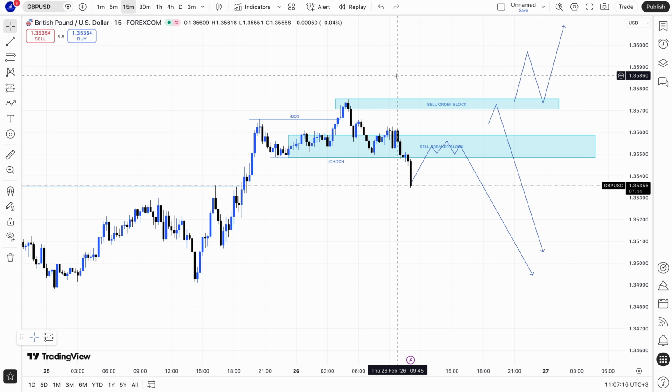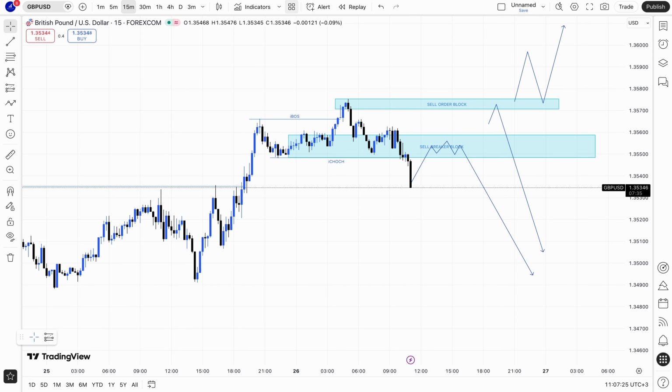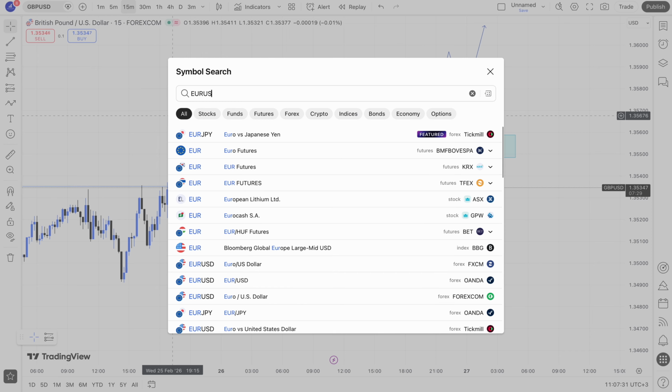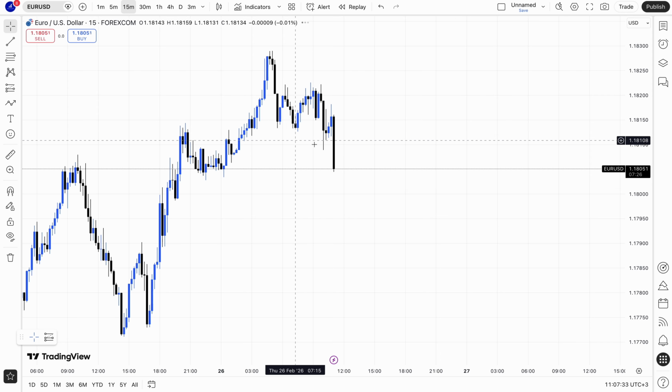Those are the 3 scenarios. I can give you the 4th one, but I don't want to complicate. I don't want to confuse you guys. So that's it for GU. Super simple. Then for EU,